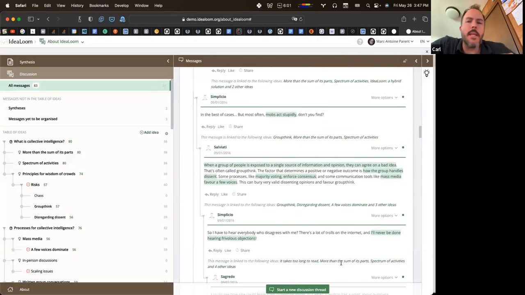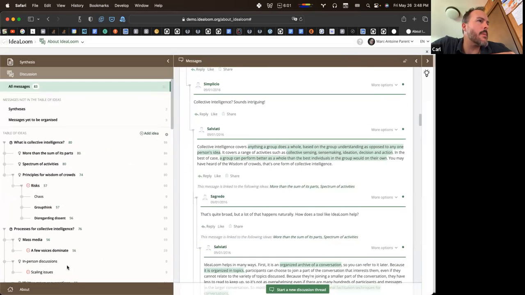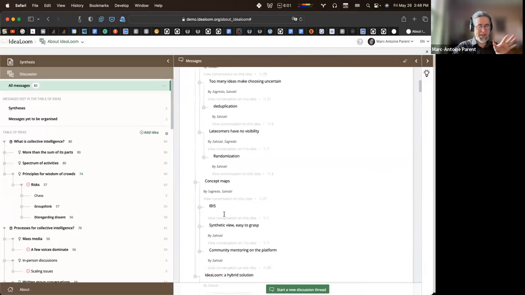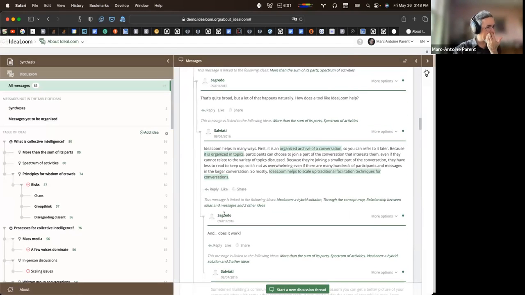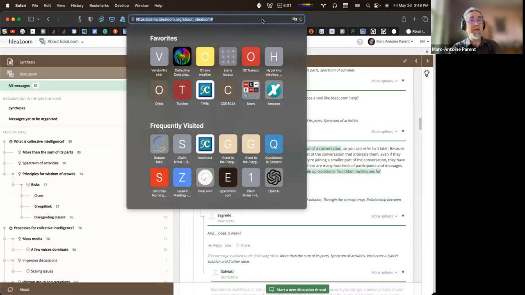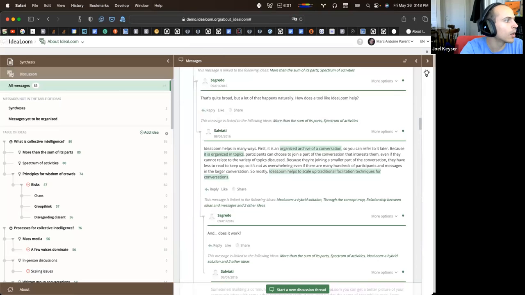What's the best way to get started? I see the "using IdeaLoom" says work with conversants. Is that the best deployed platform? You can sign in or something, or how does it work? Okay, so this is the demo where I explain why IdeaLoom, up to a point, and it shows a lot of the mechanisms. How do I get to the demo if I want to click through and see? It's demo.idealoom.org. You have the About IdeaLoom page. Do you have the link? About IdeaLoom, yes. You have my screen.